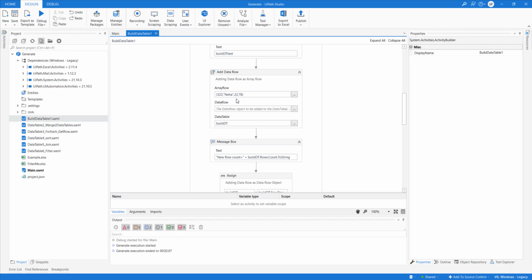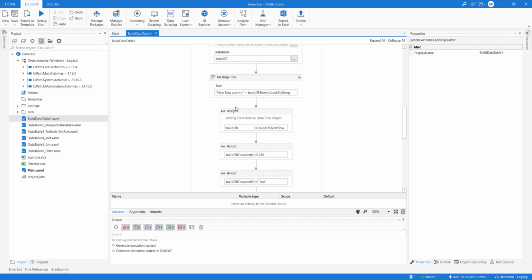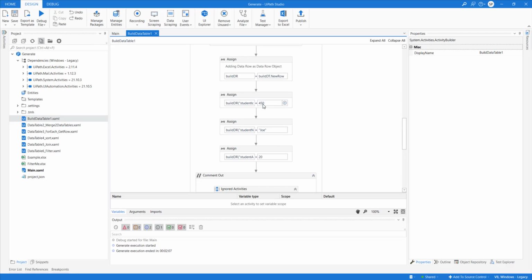So, for example, let's take a case where we have a column which contains a logical value. If the marks are greater than 22, then it should be pass. If marks are greater than 45, it should be third. If greater than 65, it's second. If it is 85, it's first. Those kinds of conditions you can build here, and then you assign the values into the columns one by one.